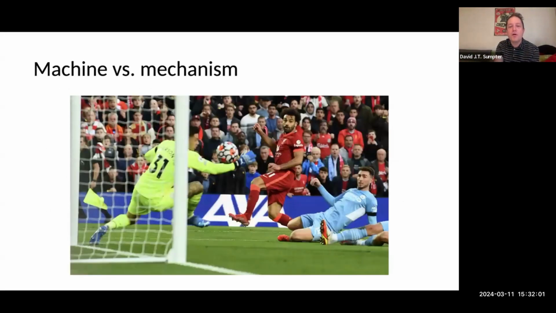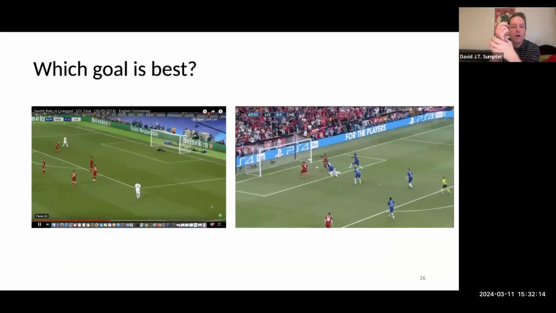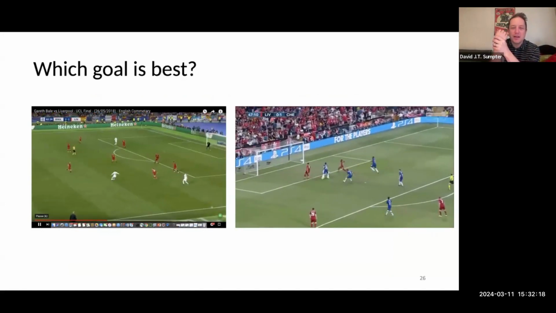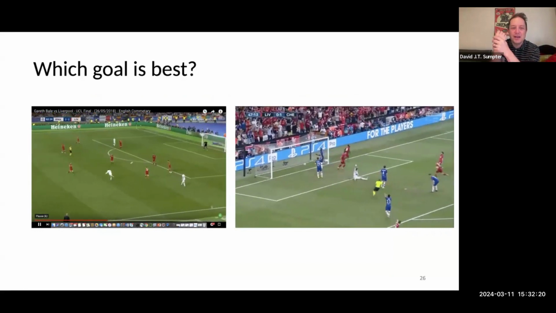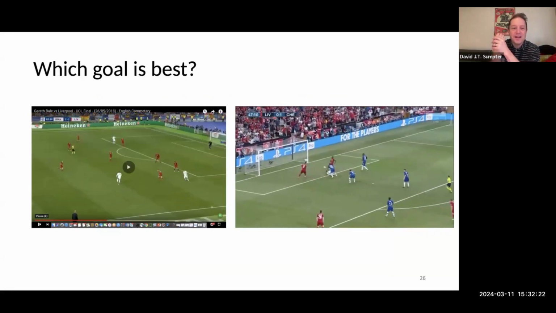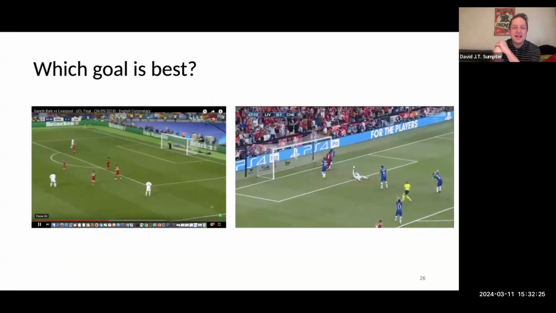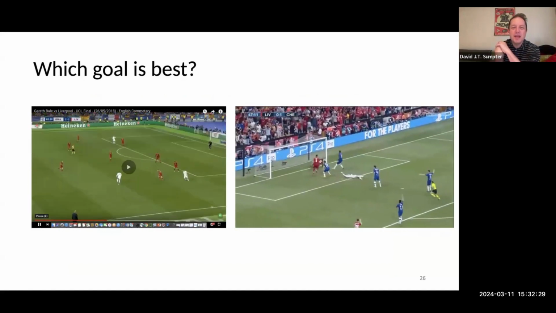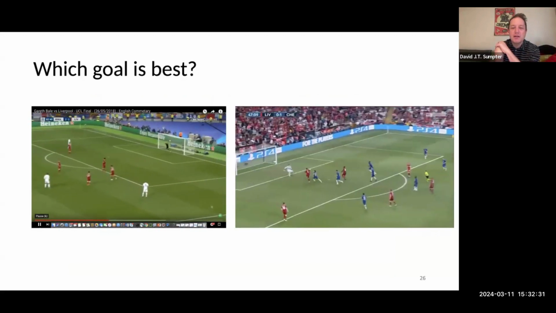To make this even more concrete, what I'll do is take an example, a very important example in football, and that's one of expected goals. Now, you're on Zoom, so it's a bit difficult for me to do this, but normally I ask people to say which of these is the best goal. And the reason I do this exercise is I want to make you think about what the important characteristics of a goal are.